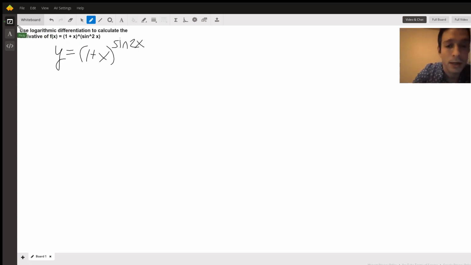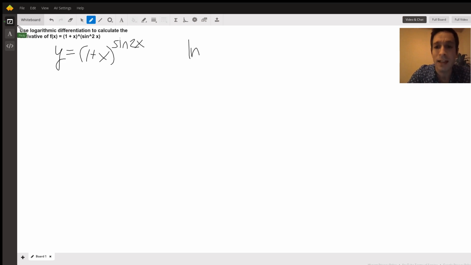Now the problem here is that the sine of 2x is in the exponent's position, right? You would be wrong to just do the power rule here. We need to get the sine of 2x out of there. And this employs one of my most favorite rules in math, and that's what I call the throwdown rule, where